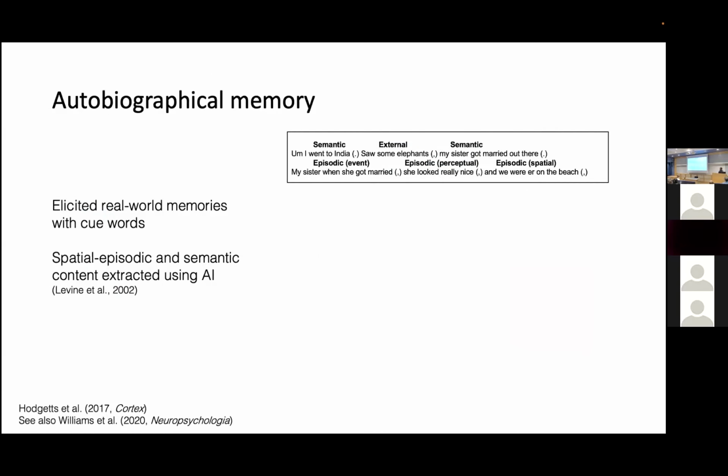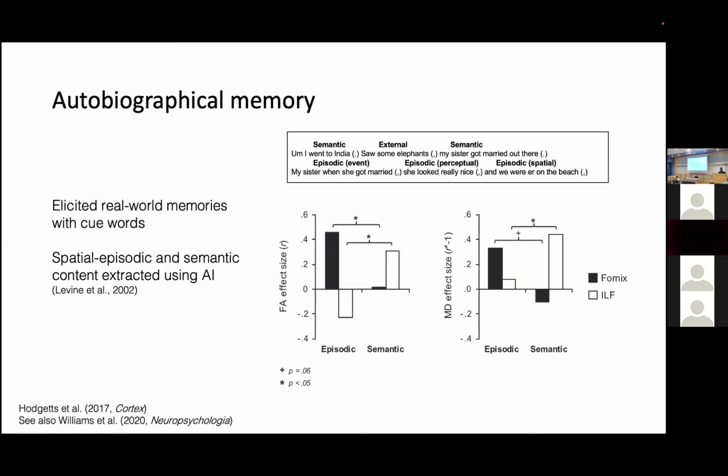So we've shown that in perception, but what about memory? In this task, we collected diffusion MRI data in a bunch of participants who completed an autobiographical memory task. They are given keywords and have to generate an everyday memory associated with them. We can use Brian Levine's autobiographical interview coding method to extract the spatial episodic information and the semantic information from these stories. The question we posed was, is the fornix also related to the degree to which people produce spatial episodic detail in their everyday memories? And basically that's what we found as well.